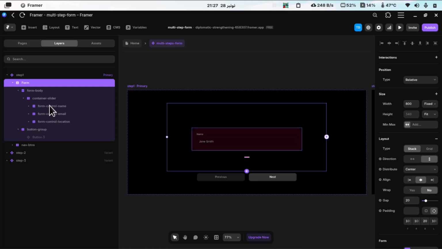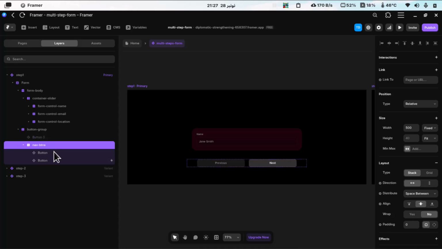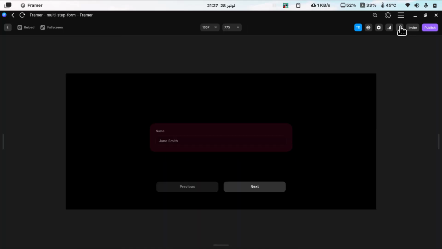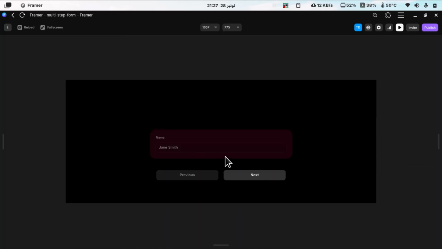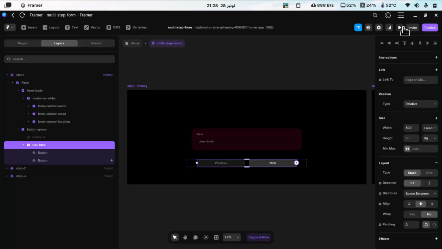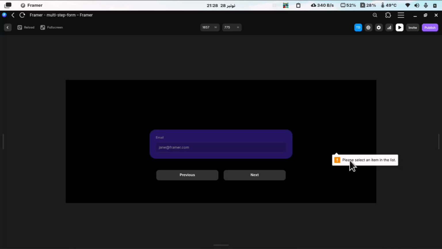So this is the slide 1, this is the slide 2, and this is the slide 3, and those are the nav buttons. Those nav buttons, if they are inside here, if I came here, you will look at this, because when those buttons are inside the form, they submit the form. So this is why. Look at this. If I click here, it says please select an item, because the form is submitted, but this is just a simple HTML5